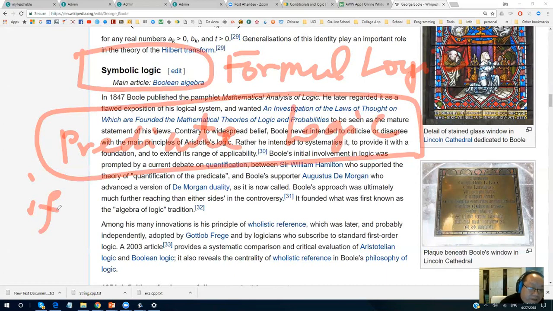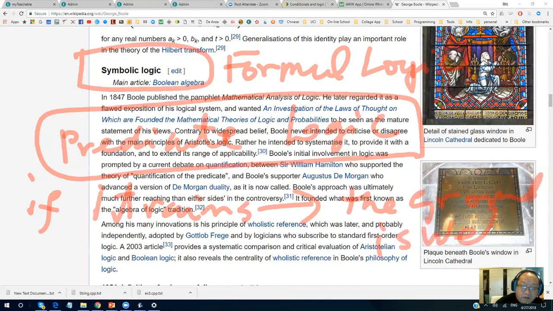Some basic logic is like: if it rains, then the ground is wet.